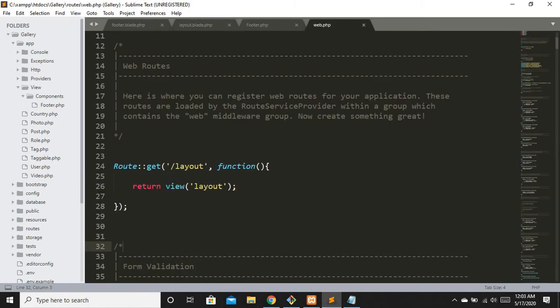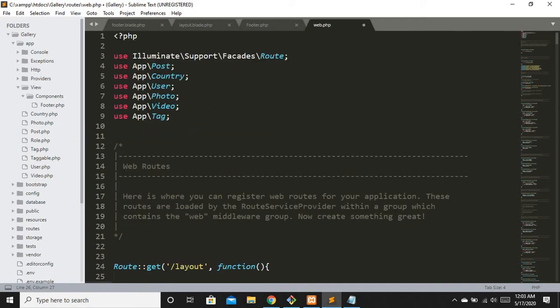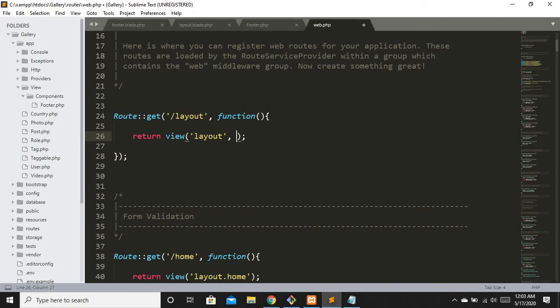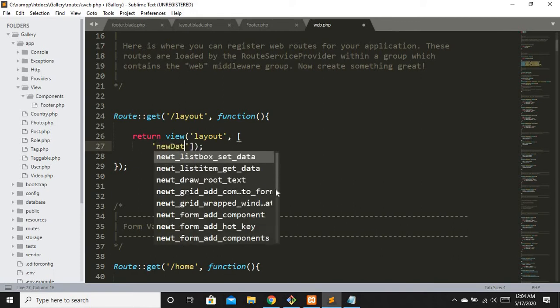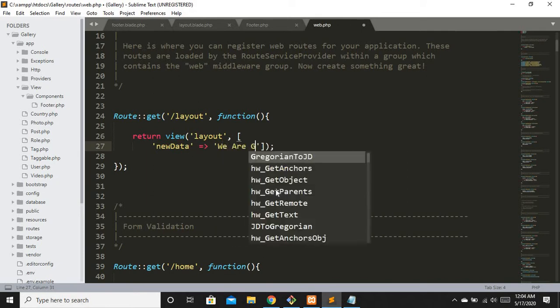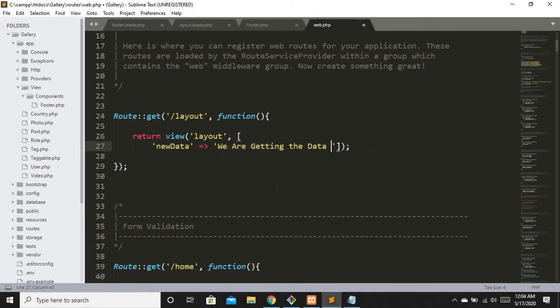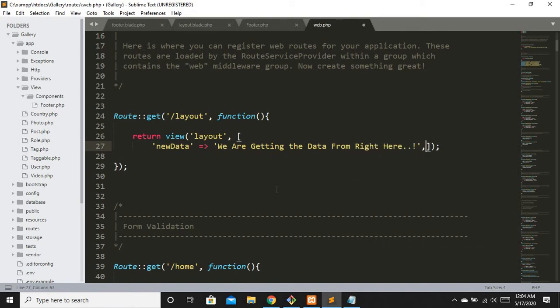So the way to pass the variable is, I'm just going to show you. Let's separate it with a comma. Now I'm passing the value right here. Let's suppose I got all the posts from right here, post all, and now I'm passing all the post data to this variable, basically to this view. How are we going to do that? It is really simple. Let me show you. Let's have a key, new data, and the value would be the data we are getting from right here. Okay guys, nice and simple.